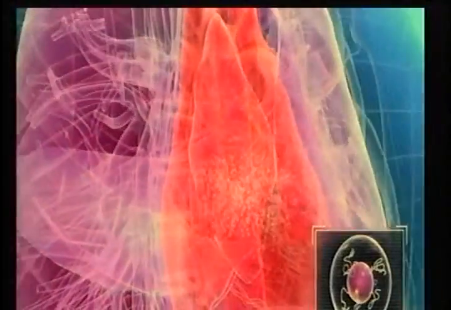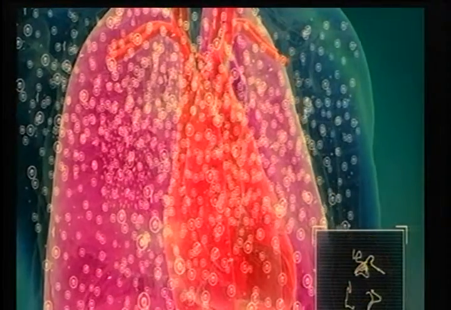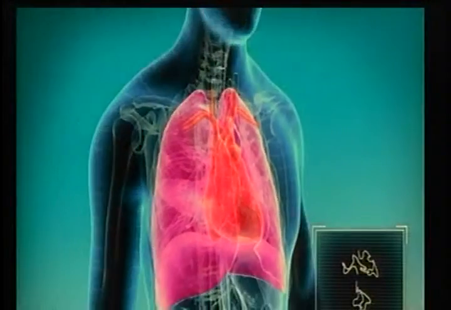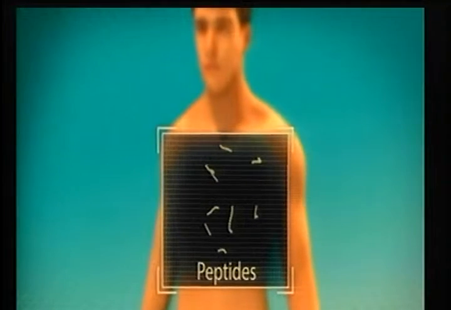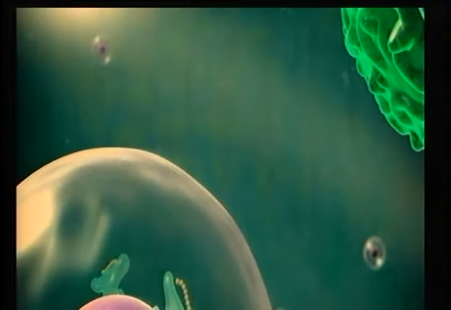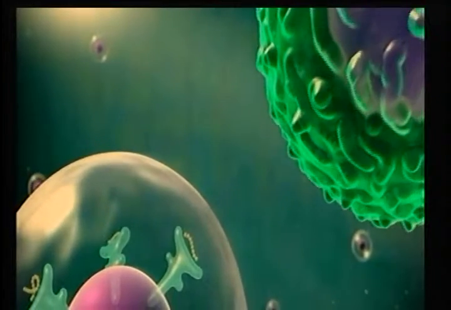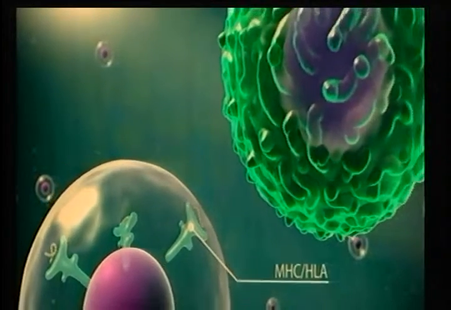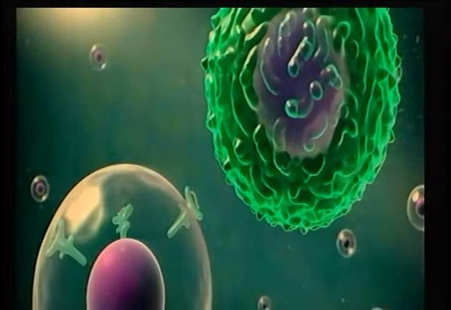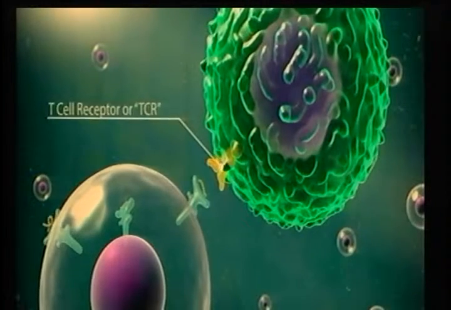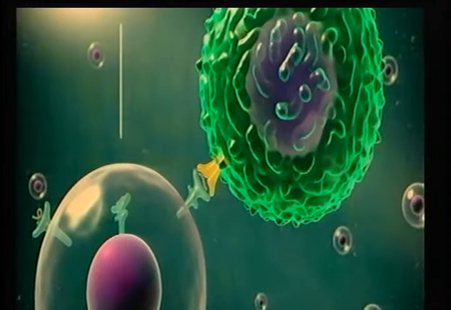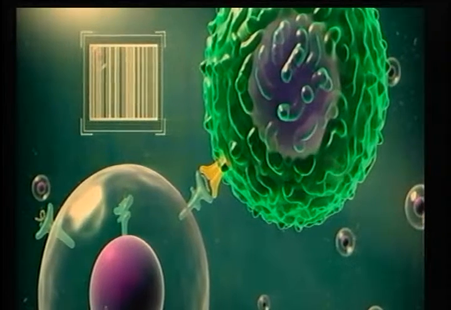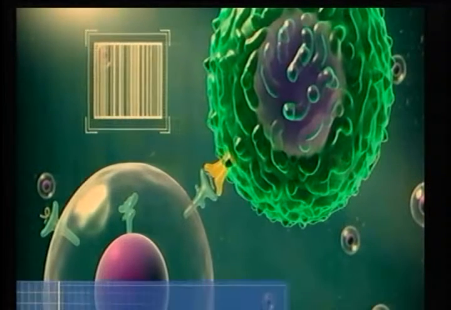The organs of our body are composed of billions of cells. These cells contain thousands of proteins that act like worker bees and are responsible for the function of our cells. These proteins break into small parts called peptides. Some of these travel to the surface of our cells and are presented by molecules called MHC or HLA. T cells continuously scan the surface of these cells through the T cell receptor or TCR. The TCR works as a barcode scanning machine, and the peptides presented on the cells are unique barcodes. This function of the T cells is called surveillance.